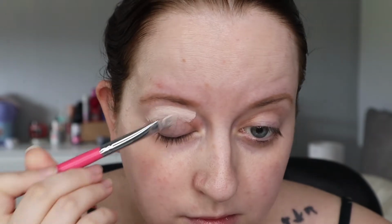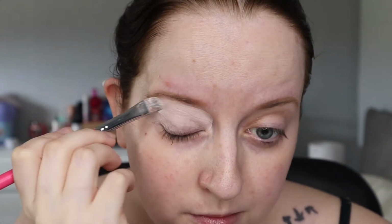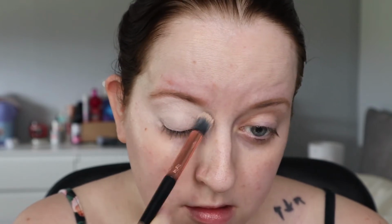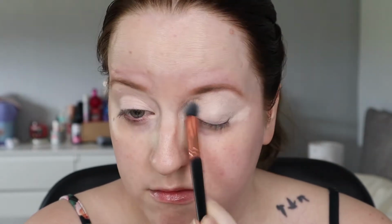Just starting off with our PLOUISE base, as always. Concealer does just as good a job, to be fair, but I'm just absolutely obsessed with this base at the moment. Today we're going in with the CEOOO palette from the Stack 'em Up collection, and the first shade that we're